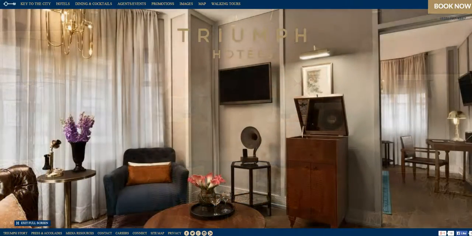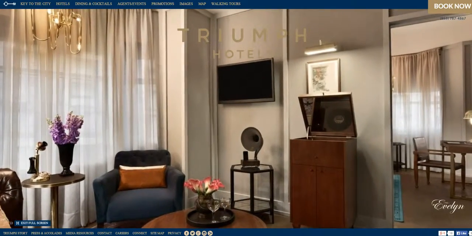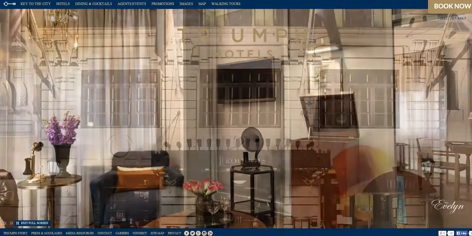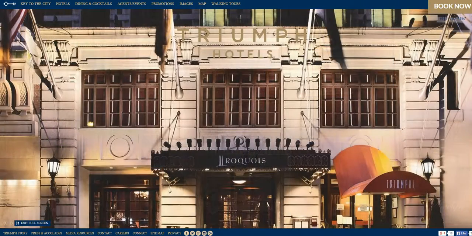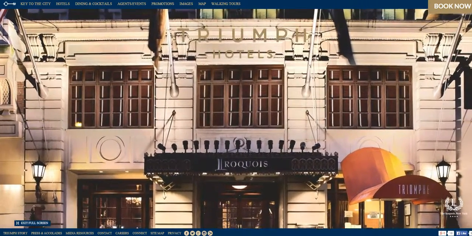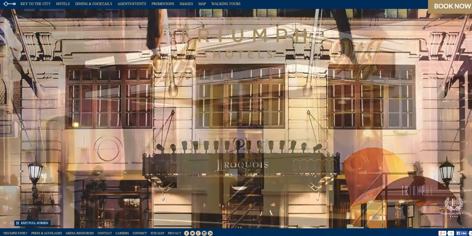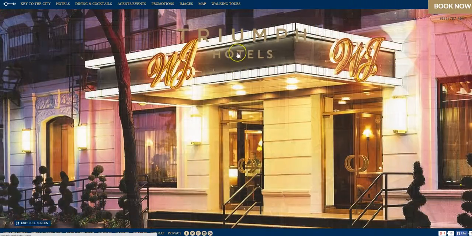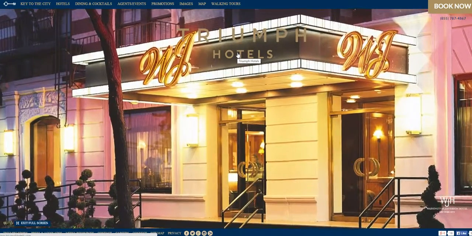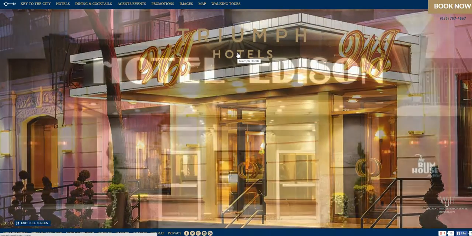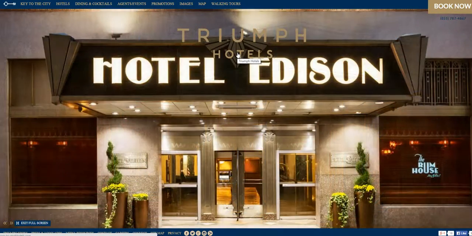So here we're looking at the Triumph Hotels homepage. First thing you'll notice is we've got the branding right here in the middle of the screen. And it's a little bit difficult to read just because we've got these nice big images behind it, and there's not a lot of contrast